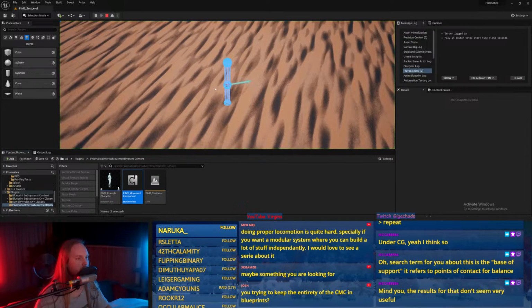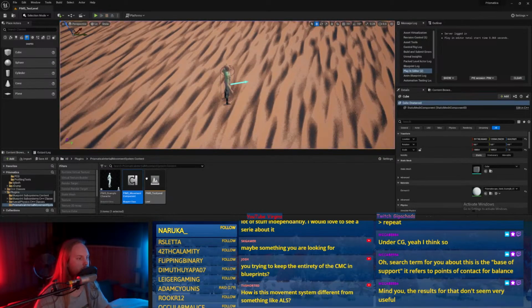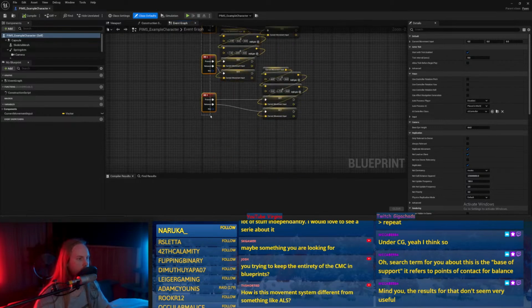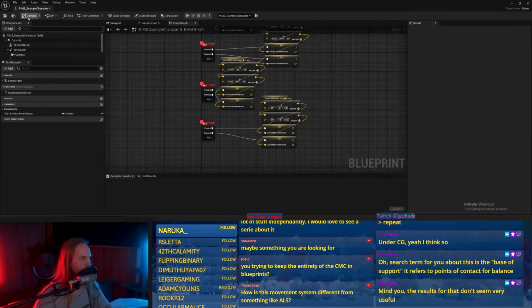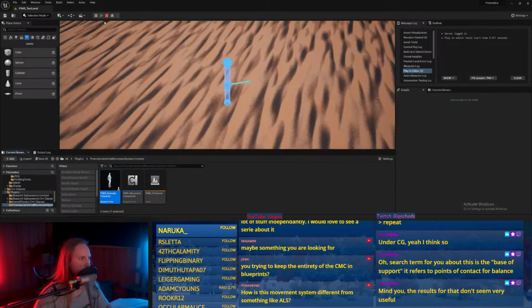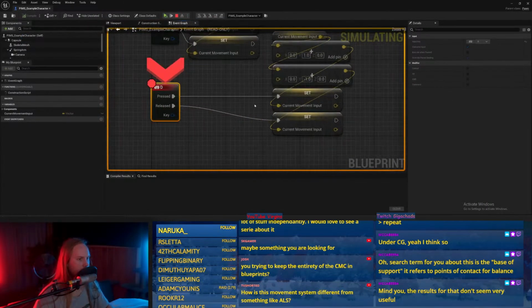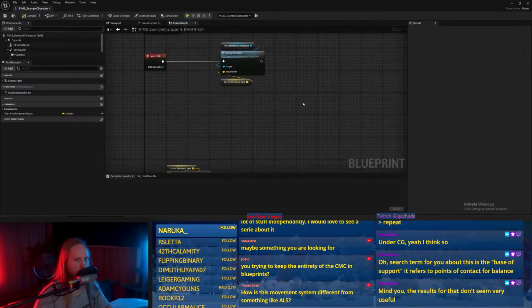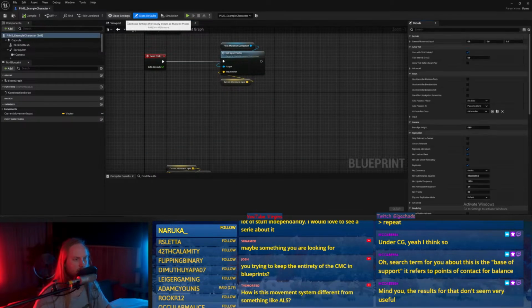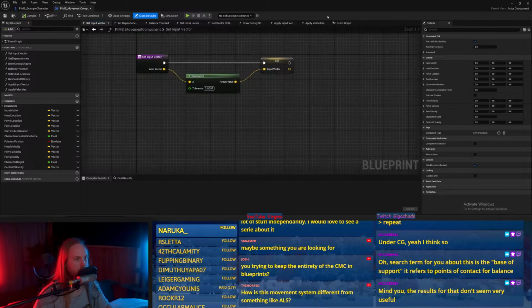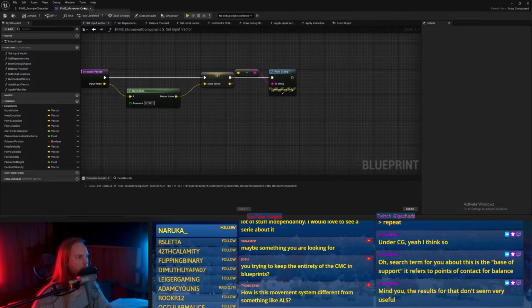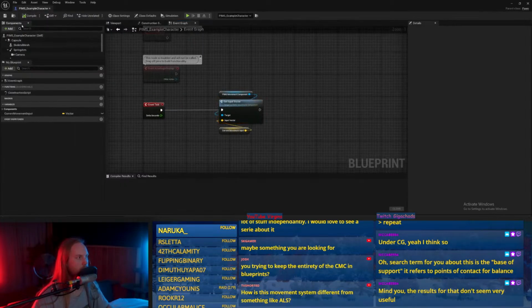Yeah, I mean, if we do this and I move, am I not applying? Right, let's just see if these are firing first. Maybe I don't actually have input. Okay, no, they are. That's just getting that. Current movement input on tick. Is this ticking? Yes. Set input vector, blah, blah, blah. Print the fella. Bam.